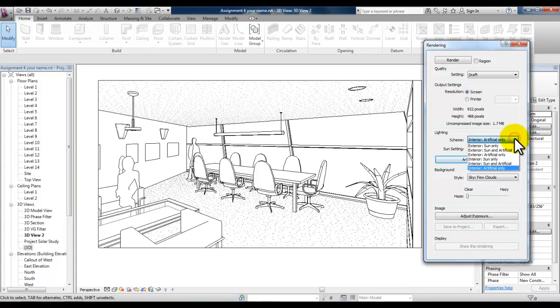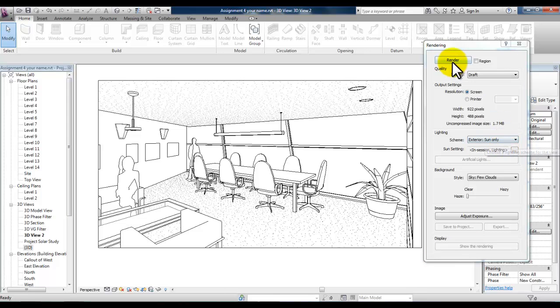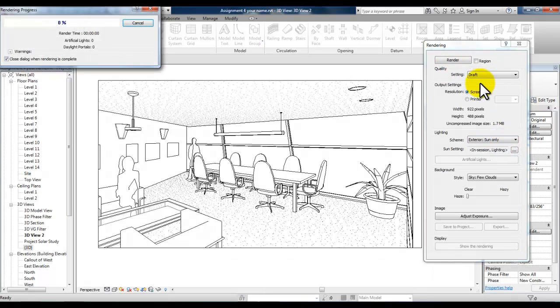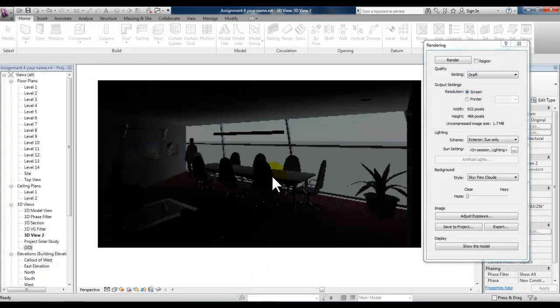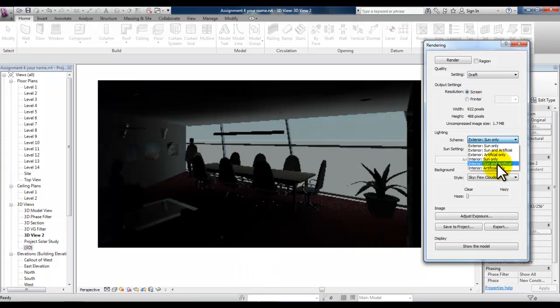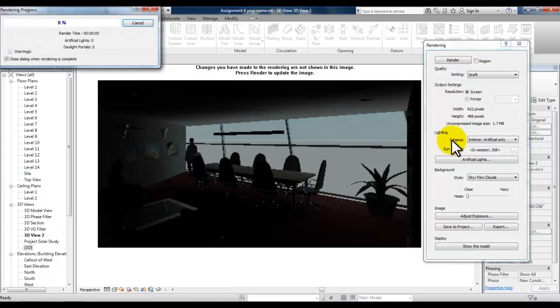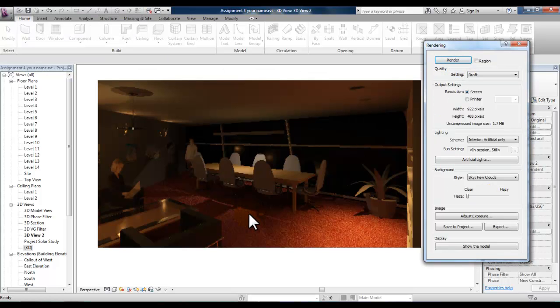We can try with sun only, see what that looks like. Just looking at different options, we can pick render with draft. Okay, so with just the sun, try just here interior artificial only, kind of a night scene. I'll go ahead and pick render. And so you can try different